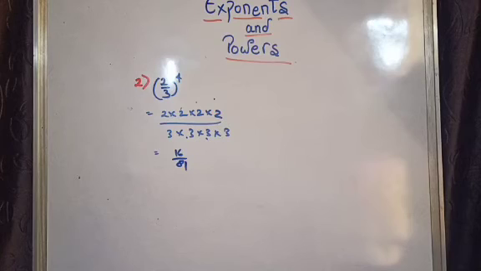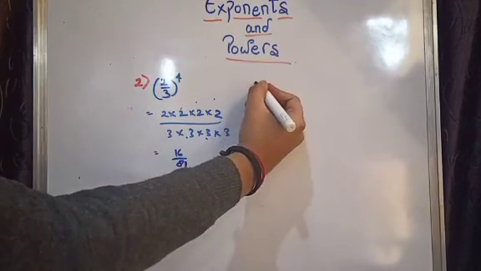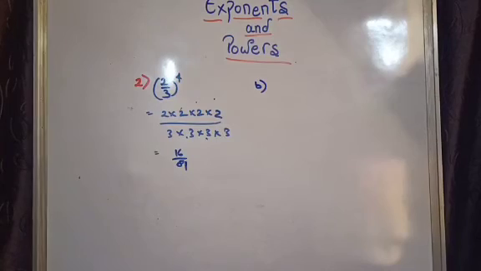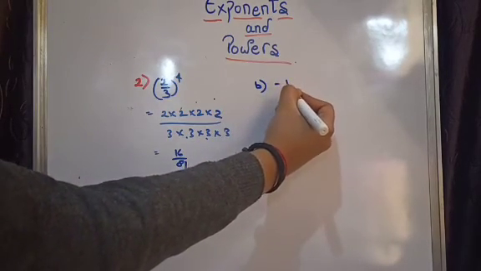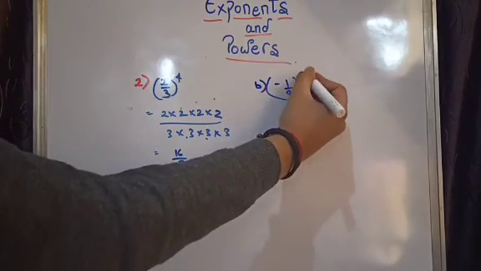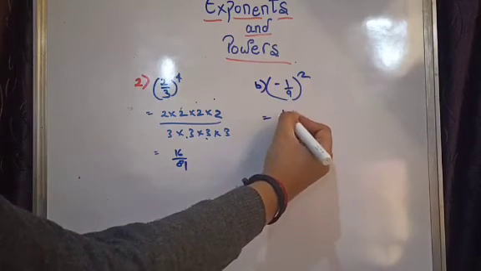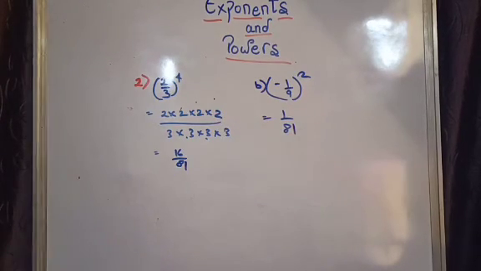Okay. Now our B1 question is also given: (minus 1 over 9) to the power of 2, squared. So I am going to tell you that minus 1 over 9 squared will result as 1 over 81. This one question is solved in 1 minute only. So C1 also you can solve now. Okay, and D1 I am telling you.